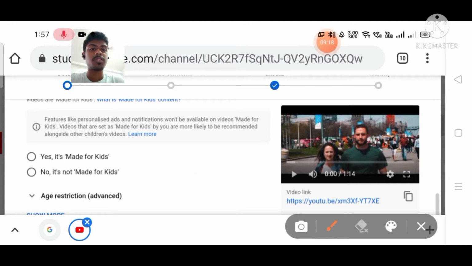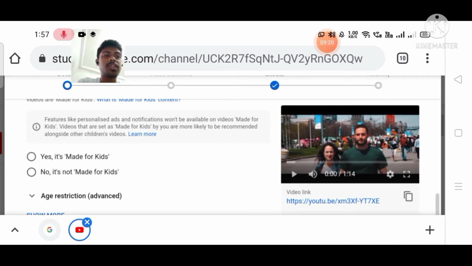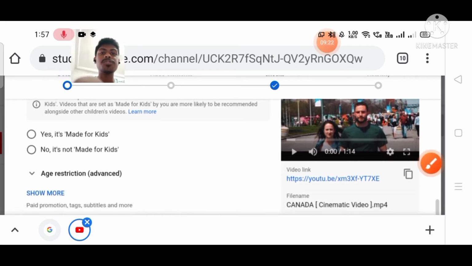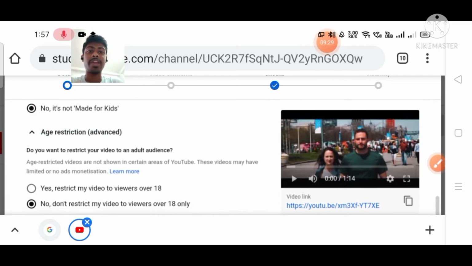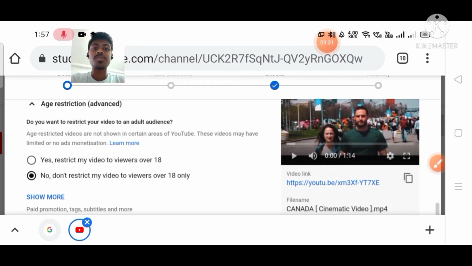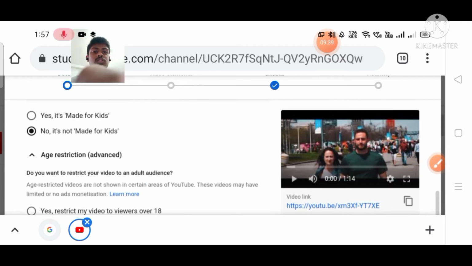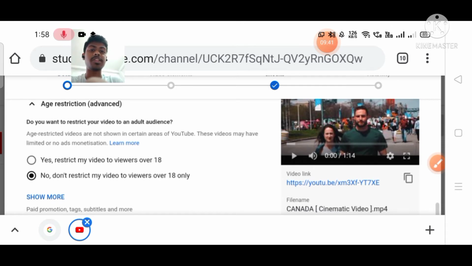Then if you selected that your video is not made for kids, it is showing age restriction: don't restrict my videos to viewers over 18 only. So if you are selecting no, it's not made for kids, just let it be like this only. No, don't restrict my video to viewers over 18 only.